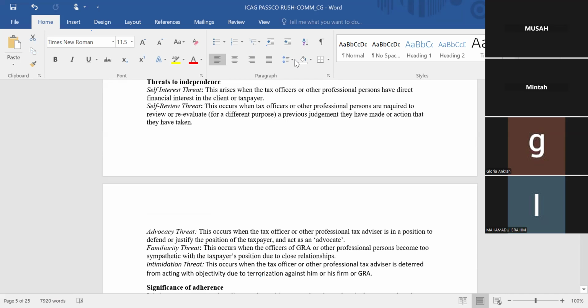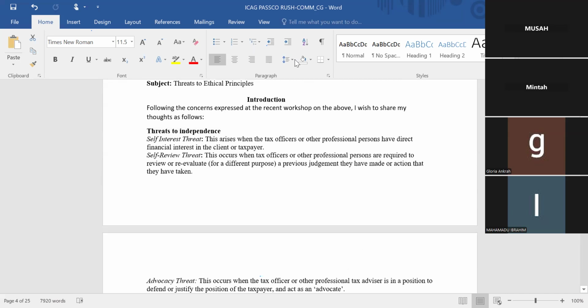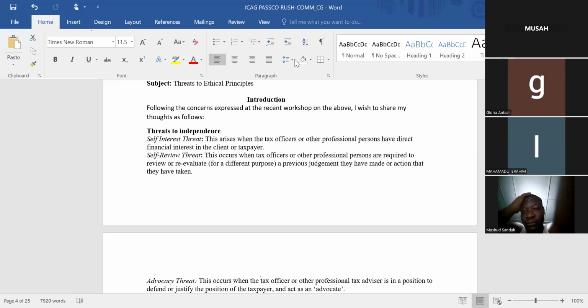And this is how far the good Lord has brought us for today. If there are questions, I'll take them. If there are no questions, then we have to bring the session to an end. I think we have been able to make good use of the one hour, because we started somewhere around 4:14 and we're closing at 5:22. It means that we have covered the one-hour session. So please, if you have a question, I'll take it. If you don't, then we'll bring the session to an end.